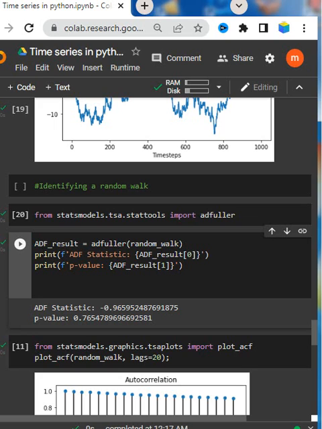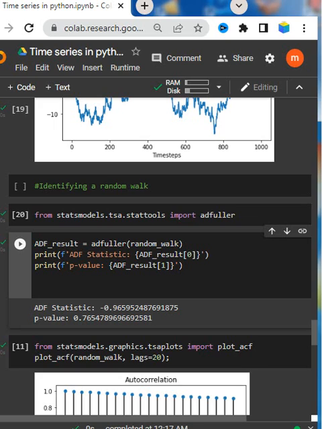So we apply the ADF test, and to make sure we will use the statsmodels library. At this point the ADF statistic is minus 0.97 and the p-value is approximately 0.77. So the ADF statistic is not a large negative number,